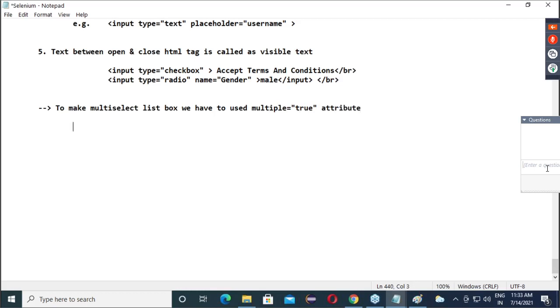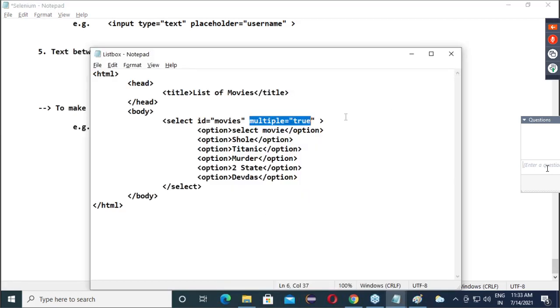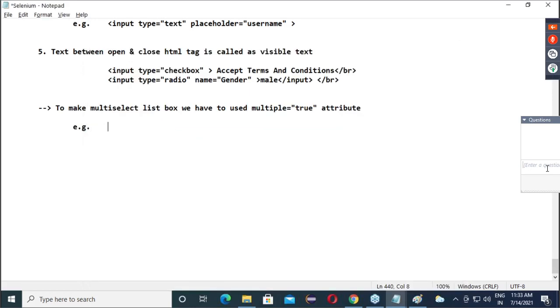For example, you already copied the entire code, just one line is enough. Like this. Note it down.